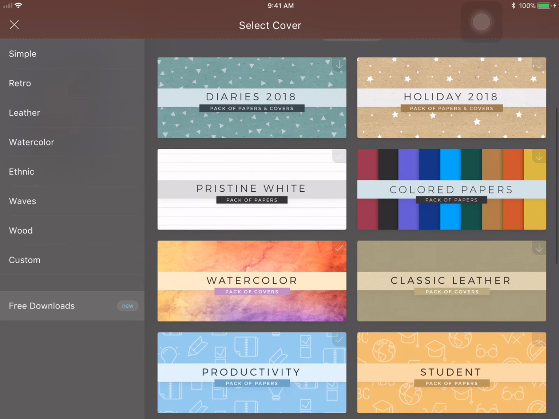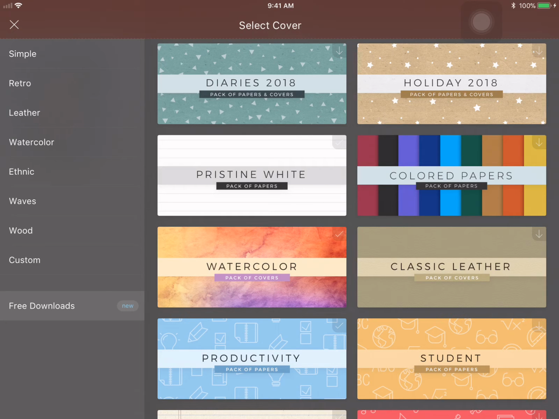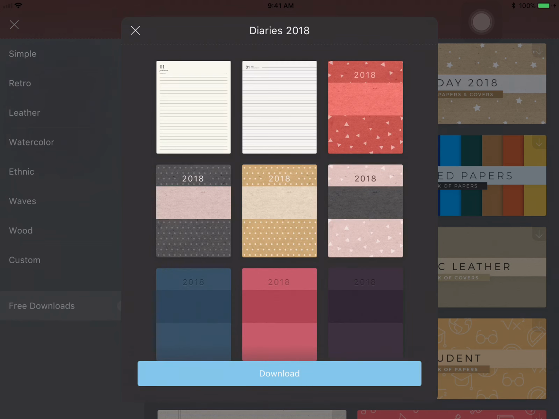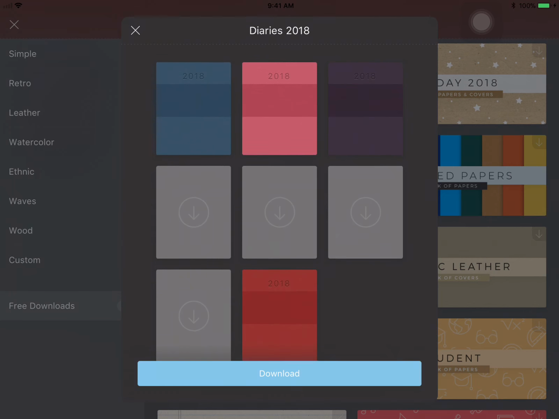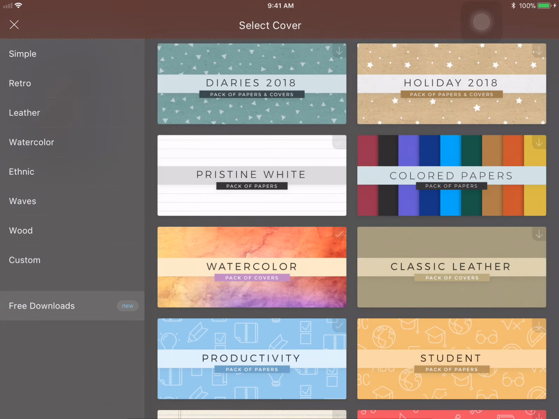There's different things that you can download from their free downloads. There's like a diary thing, like different covers, and also pages that you can see. You can just download these if you want to. And they will eventually come out with more, hopefully. I think this is still pretty new, so